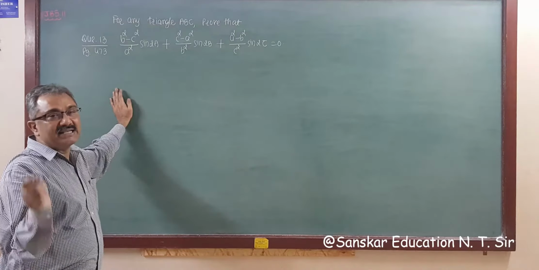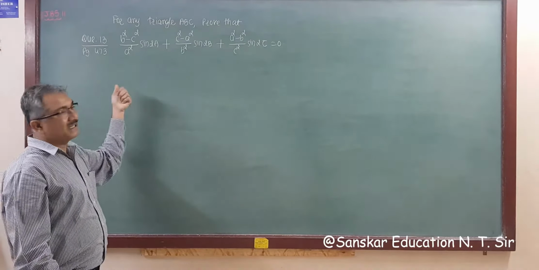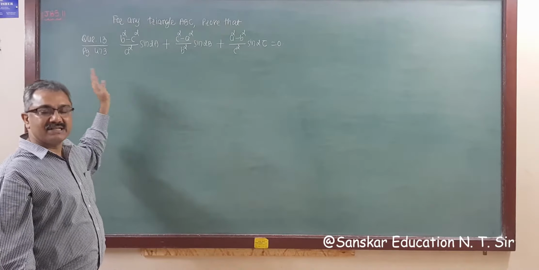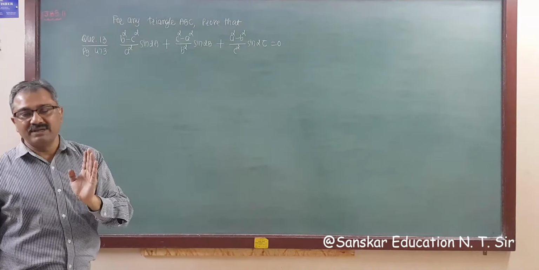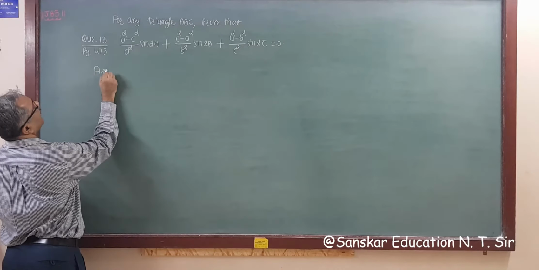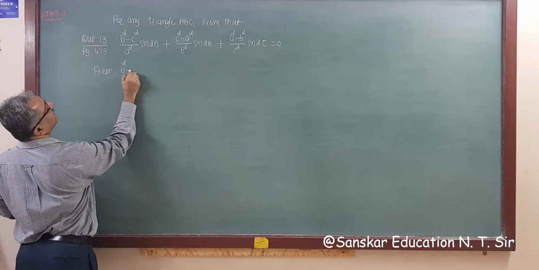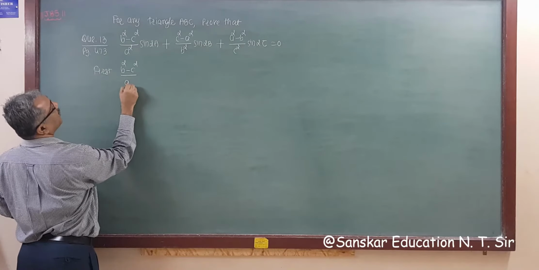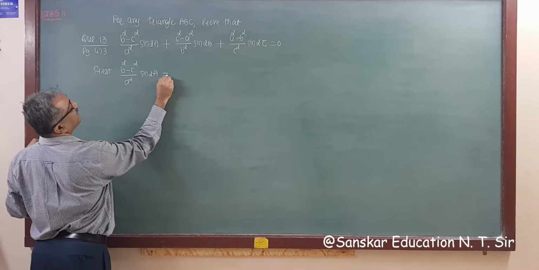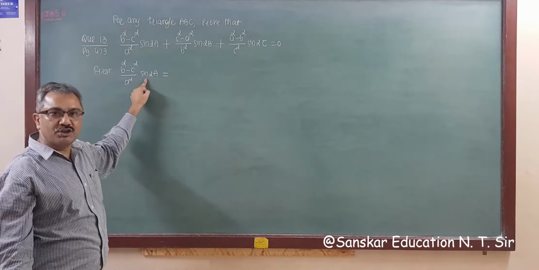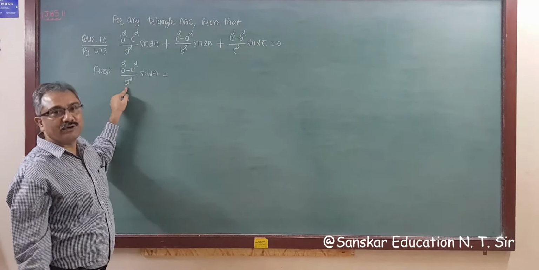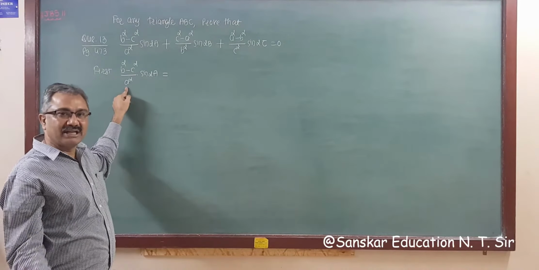Same example as I discussed earlier, before this, we did, right? Same example, same thing. You have to simplify similarly. So we are starting with this. So first, (b square minus c square) upon a square into sine twice A, right? There is given cot A, instead of that now given sine twice A, and here it is given also a square instead of a. So that is the change.